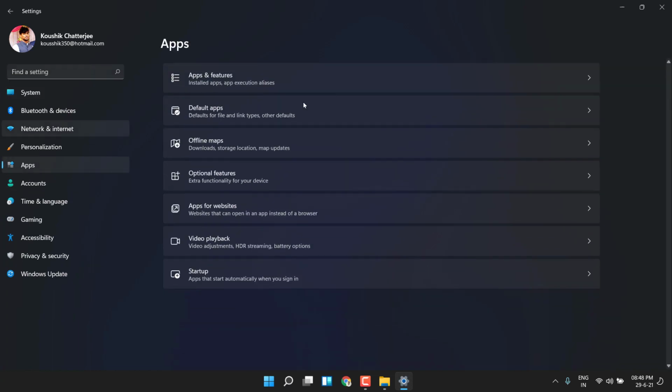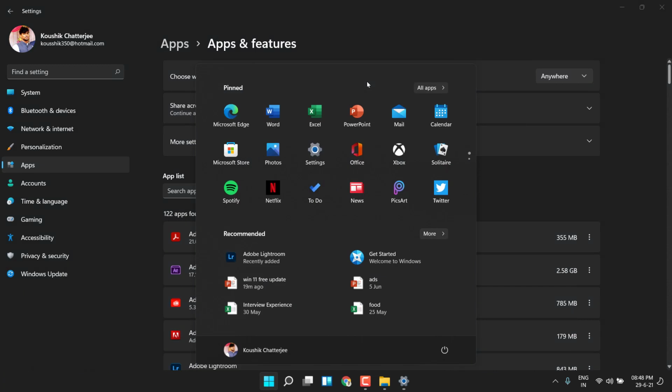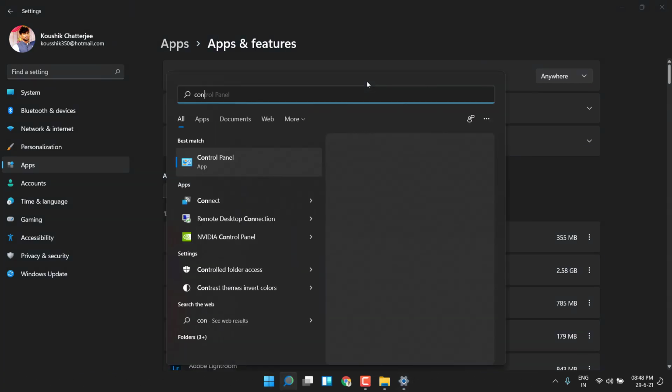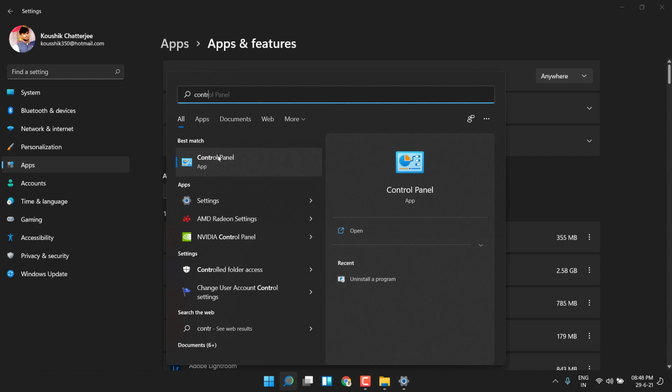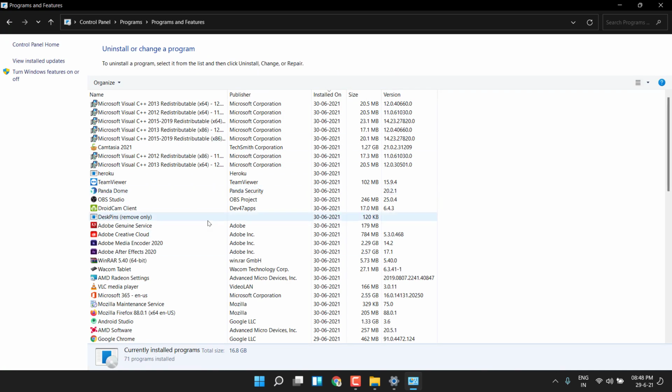And if you go to the apps, of course you can do the uninstall, or you can just modify your apps, everything. But still I will prefer the control panel. So yes, control panel is still there, so you can just go to your Windows and you can search for control panel, and that's going to bring up the regular, the very old classic control panel. And of course you can click on uninstall a program and do whatever. And here also we can notice the icons are a little bit more contrast.